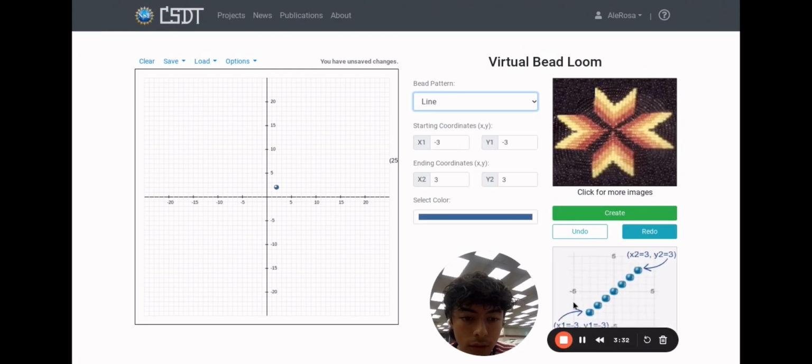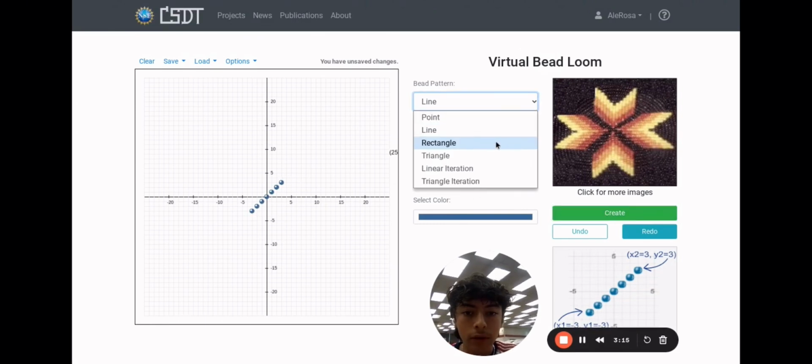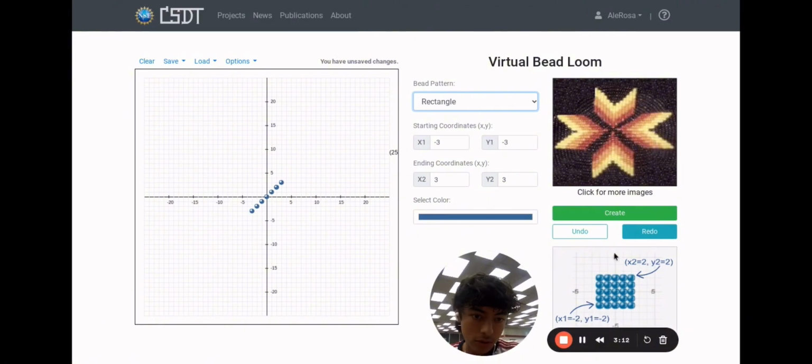Now if you go to line, there are two, which show the first and second coordinates. So if you put -3, -3, 3 and 3, it'll start at -3, -3 and end at 3 and 3. So if you press create, it'll make a line where you started and ended your coordinates. And if you do rectangle or just a square here, you do the same thing, and it'll start it here, end it here if you leave it on the same coordinates, but it'll go up to the other points and finish it. So if you press create, it'll make a